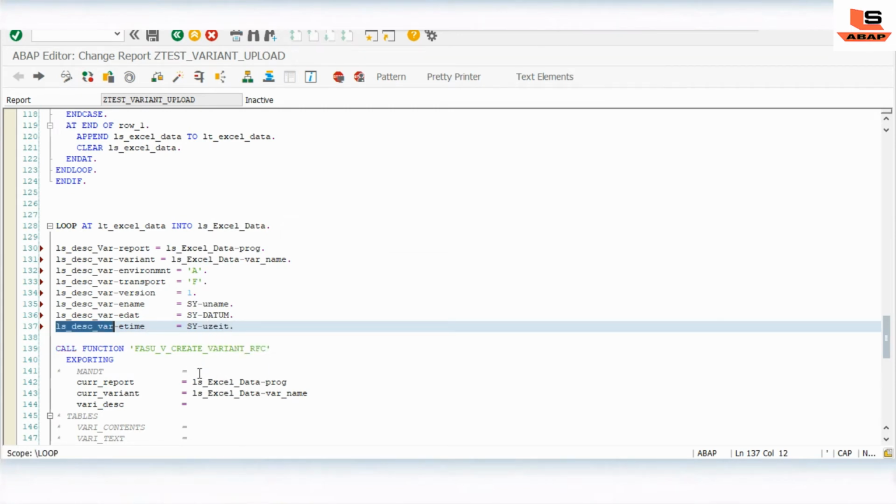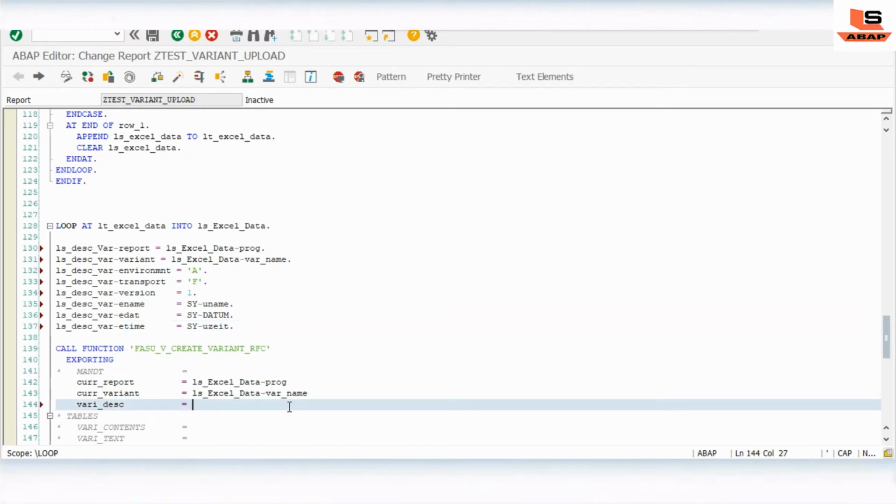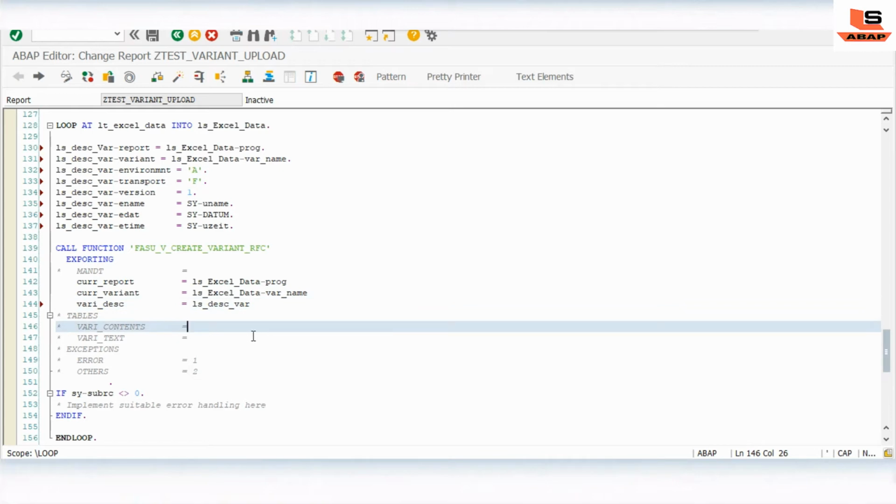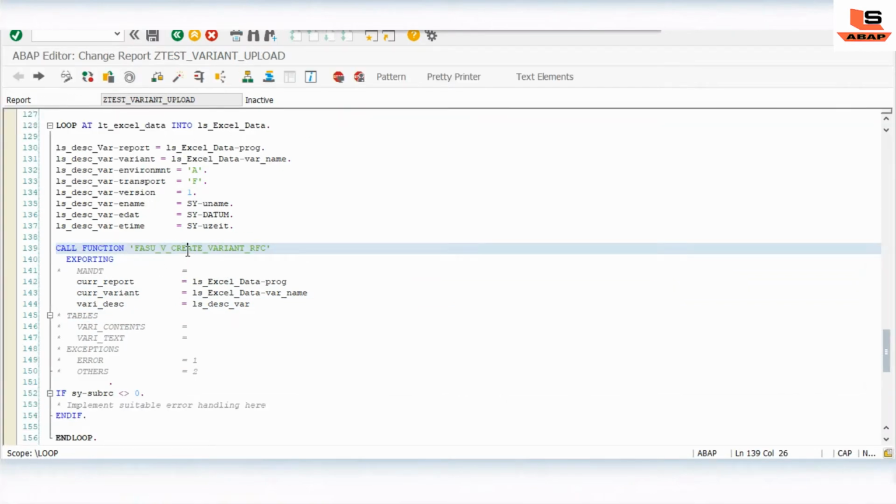Okay, and we'll pass this structure to this parameter.